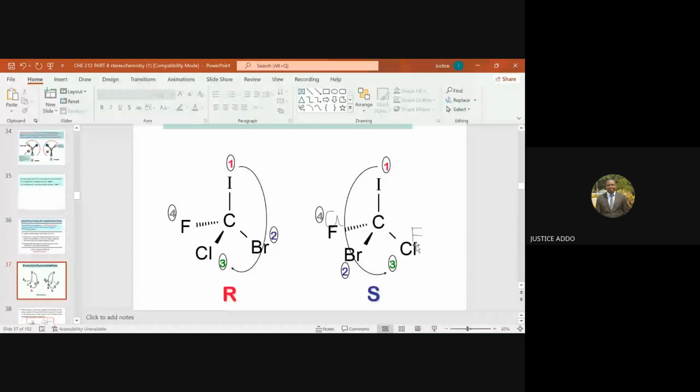Now I should go to 3. But the fluorine here is not 3. That one is what? 4. So it means that I'm coming to fluorine, which is the least group, before the chlorine. So the direction I was going was what? Counterclockwise, isn't it? So I will assume the opposite, which will be what? Clockwise. So instead of S,